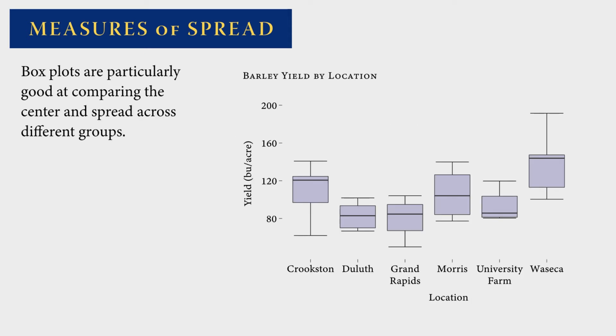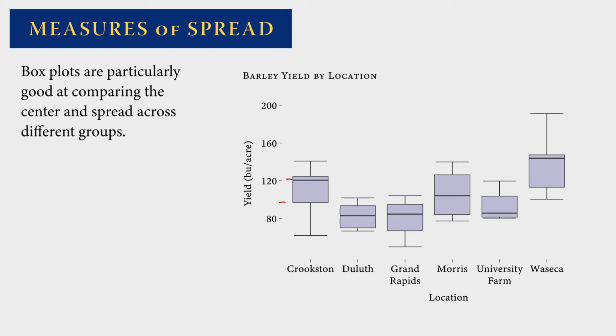Box plots are usually used to compare several different distributions. Here we have the distribution of barley yields plotted by location. We can see that the median yield for Crookston was about 120. The 75th percentile is only a little higher, maybe 125, but the 25th percentile is way down here at about